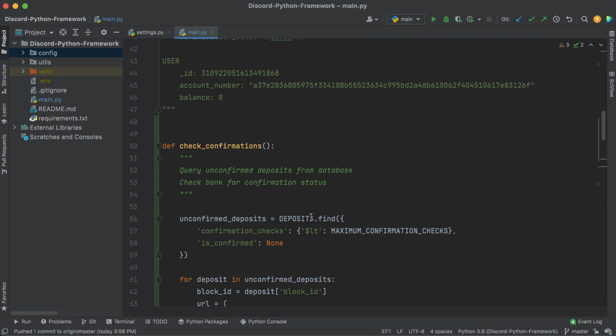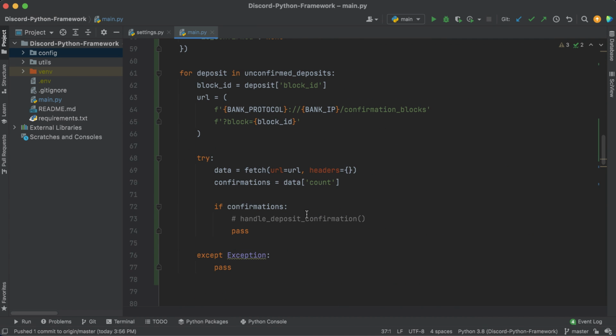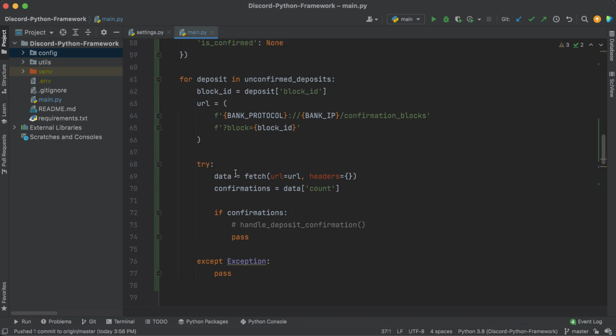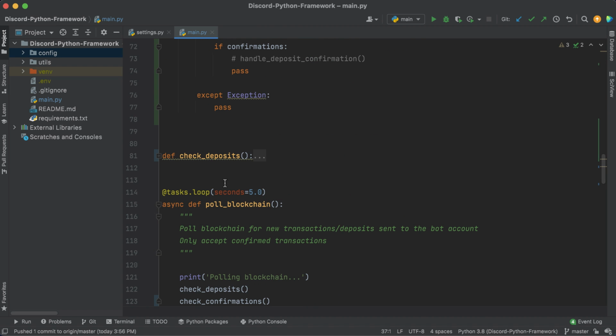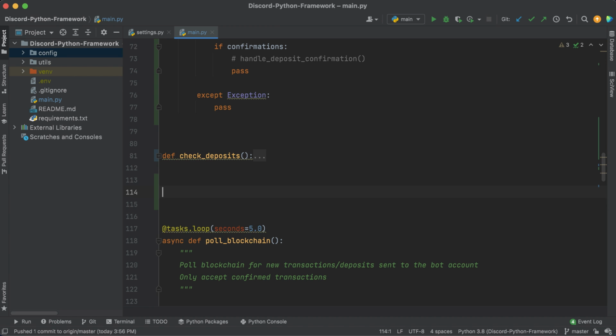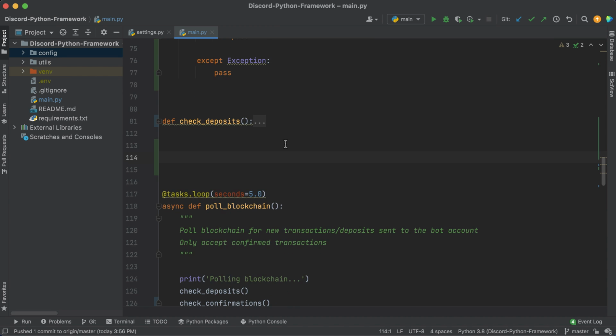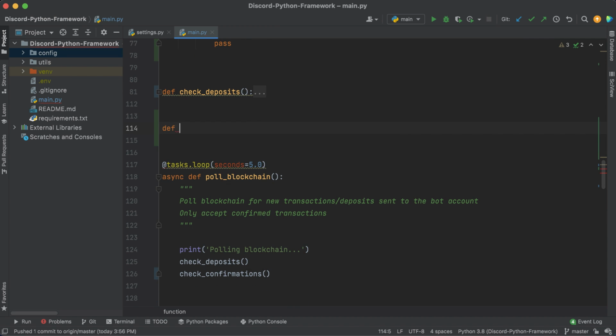Because remember, we only want to check these a maximum of 20 times. So how do we do that? Well, we can code it right there, but let's actually break this out just so we keep our code nice and clean. And we will create a new function called